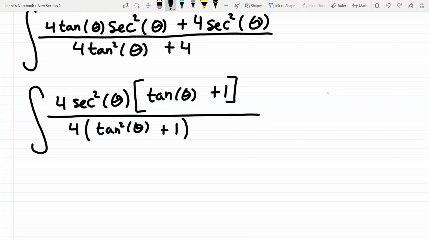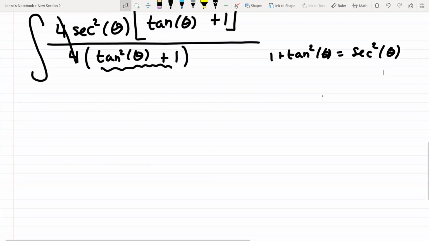So what do you see that cancels, and is there anything we can substitute? Yes, I see the 4 that cancels, and then I also see that tan square theta plus 1 is a Pythagorean identity. It comes from this identity, right? 1 plus tan square theta equals the secant square theta. So what you're going to do is just replace this with secant square theta. You're going to rewrite this as secant square theta